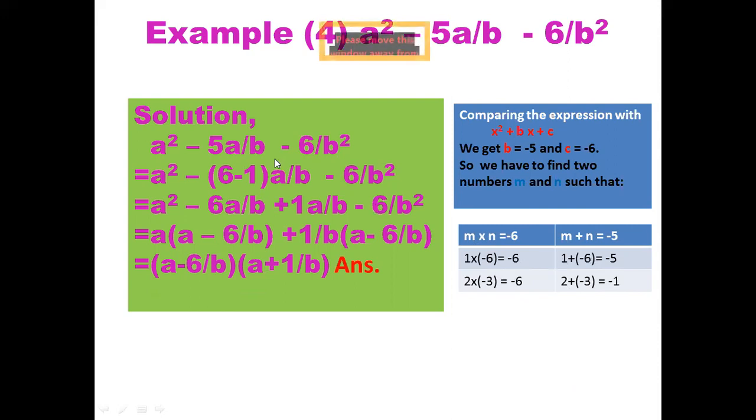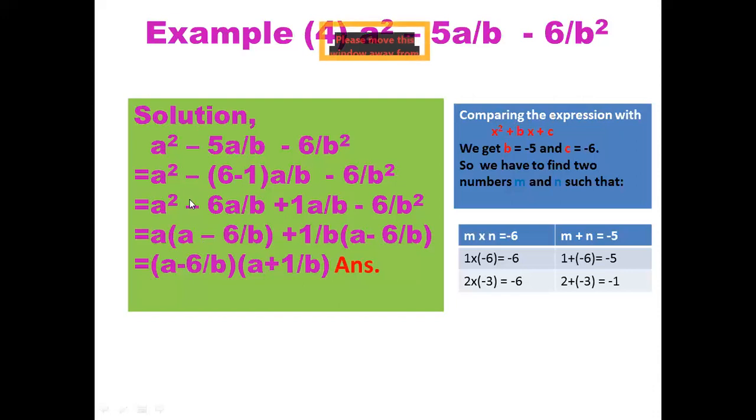And in place of 5, we have to use 6 minus 1, and in place of 6, we have to use 1 into minus 6. Here 1 into minus 6. When you remove this bracket, 6 into ab means what will be here? Minus 6ab, and minus minus plus, and here what will be? Minus into plus is minus, minus into minus is plus. Take care about this sign.